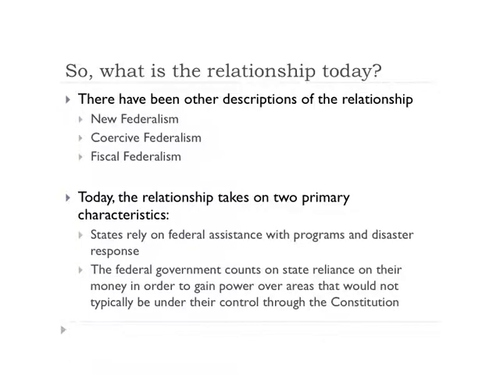There have been other incarnations of the relationship and other descriptions of the relationship. One is called New Federalism. New Federalism came about starting with the Nixon administration and really grew legs and went somewhere during the Reagan administration. The idea behind New Federalism was that you should shift programs from national to state control. At the same time, you'll see a shift in the types of grants that are given. That's in the next lecture. And you'll see a shift in the size of government.